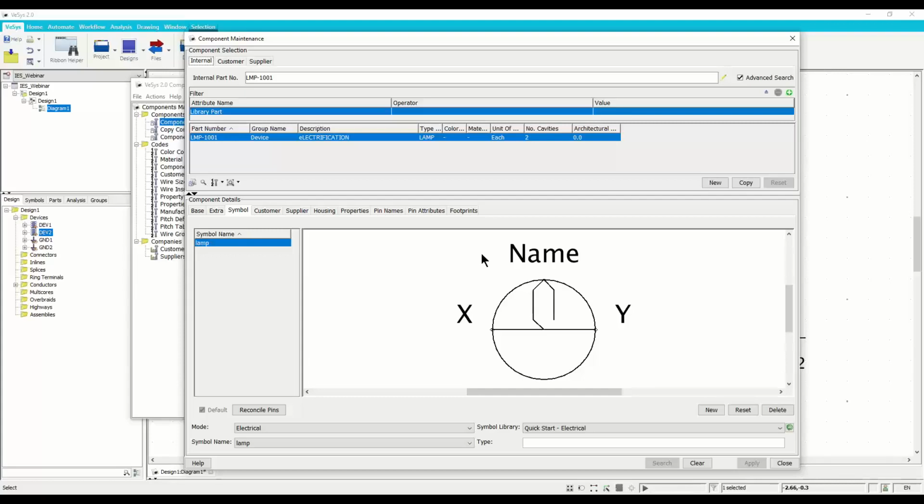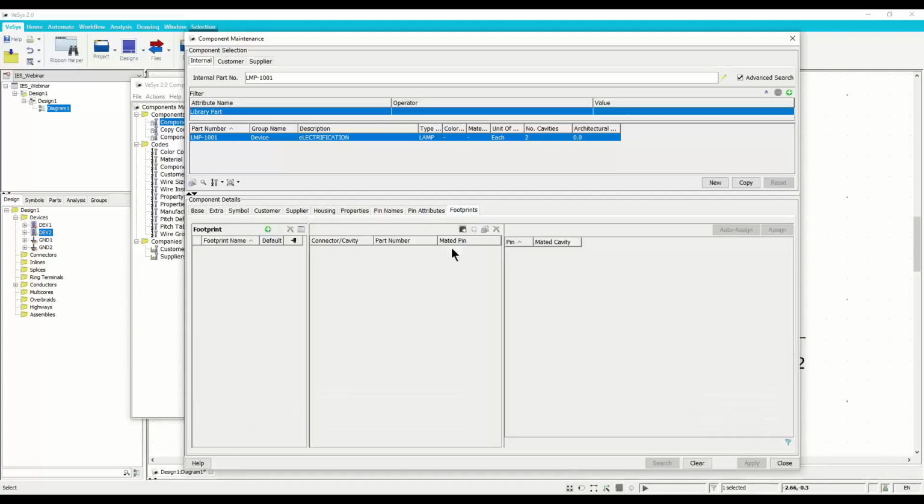The next thing is, once we created the device, the pins, and the symbol to be assigned, we're going to use the component links and define a footprint for the device. A footprint for a device is all the connectors that could be used with that device. Each device can have more than one footprint, either one on the device side and one on the harness side. So you can either have external connectors that connect to the device, or you have the connectors inside the device. So quickly, we're going to create one, footprint 1.